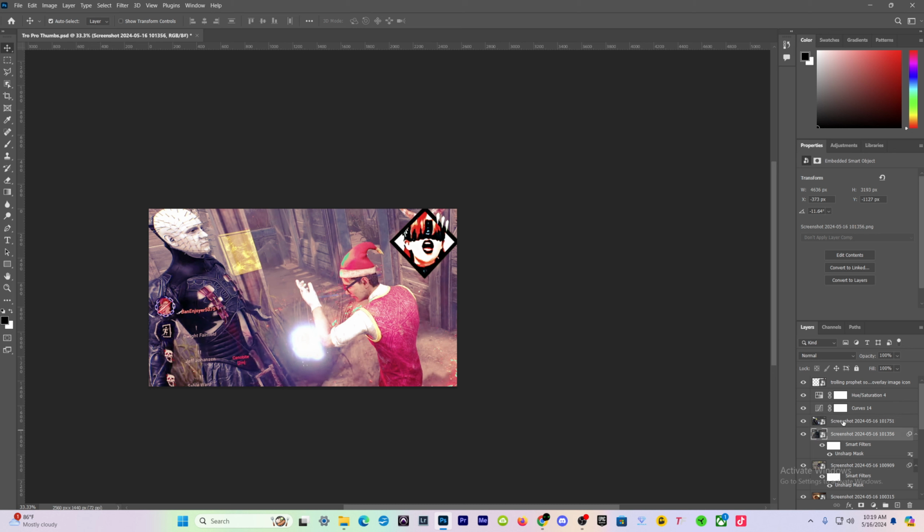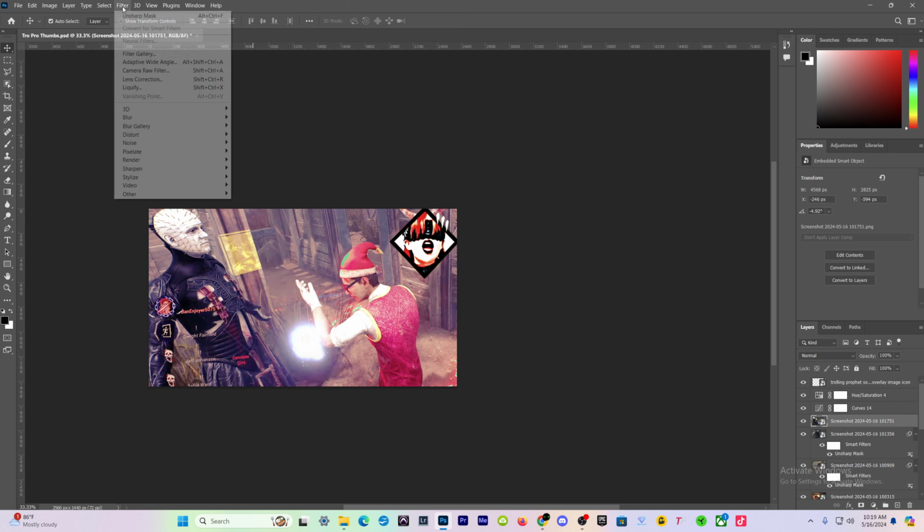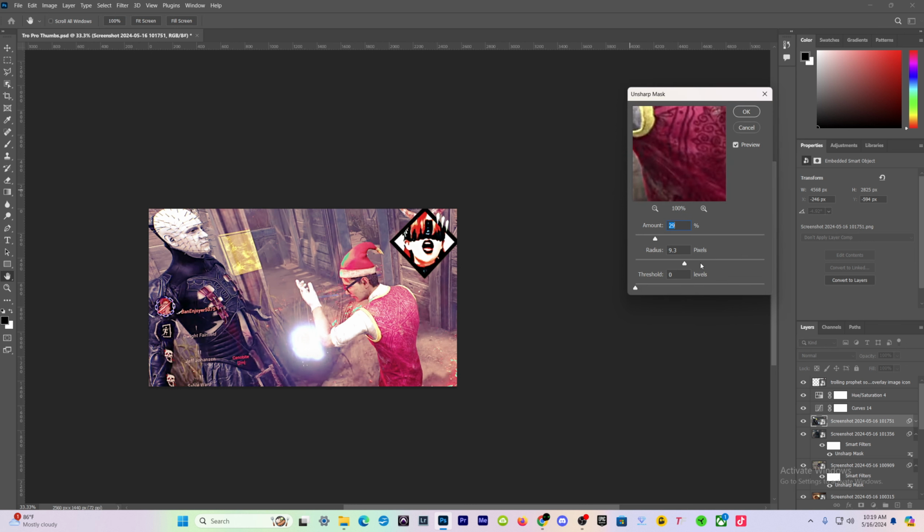Take this and screenshot. Let's go to filter, unsharp mask. Maybe bring the thicker lines in. Is this doing anything? Am I on the right shot? It is. That might be a little overkill. All right, not bad. Let's go ahead with,